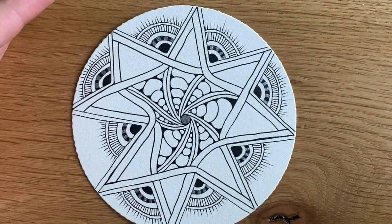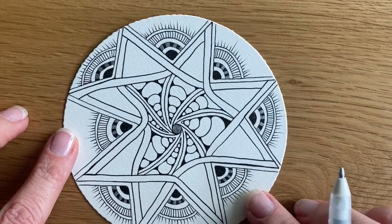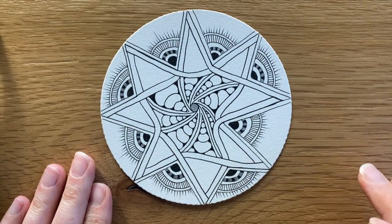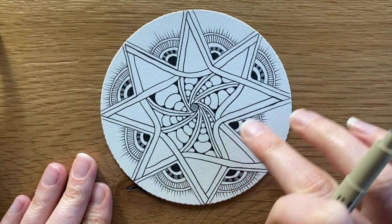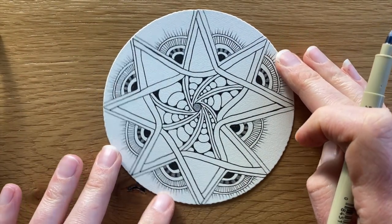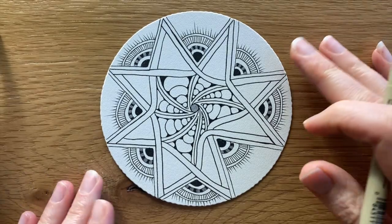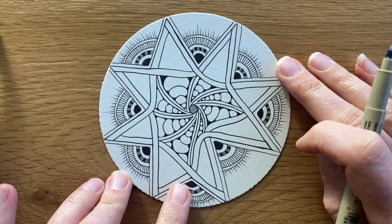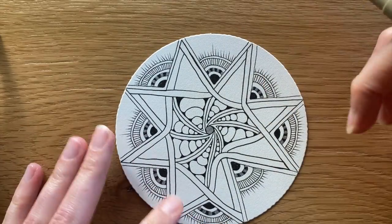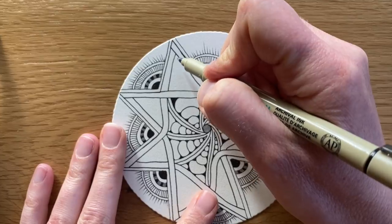There. And I think Molly would like to add something to this tile. We've got a lot more space to fill in. Okay, thank you, Martha. That looks so pretty already. You have so graciously left me these beautiful little triangular spaces left, and I think I'm going to do something fairly simple in there. But I'm going to start off doing every other one, and then I can decide if I want to put something different in the leftovers, or if I want to just do the same thing in every one. So I'm going to do sort of like a munch-in fragment, I guess you could call it,